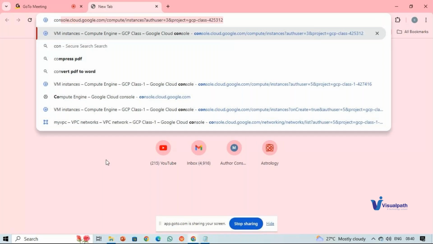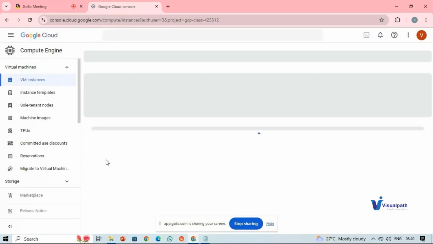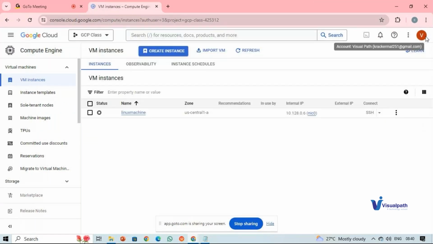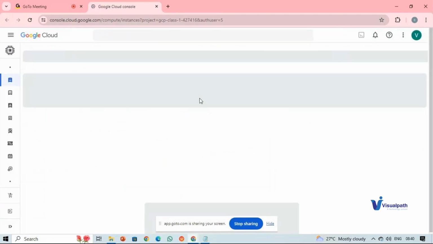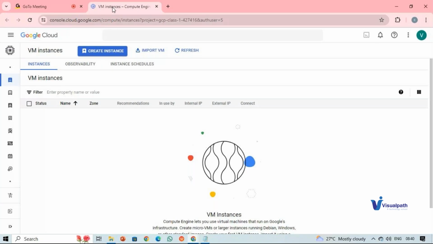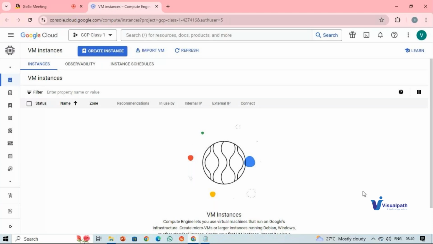Let me go to console.google.com. Here it will take you to the GCP cloud. If you have a login, you will be directly logged into that machine. So in the detailed classes, we will see how to log into those machines also. And now we are going to take a new account where there are no instances, nothing available here. We are going to create everything on our own, and then we are going to use them as we had discussed. Okay, so